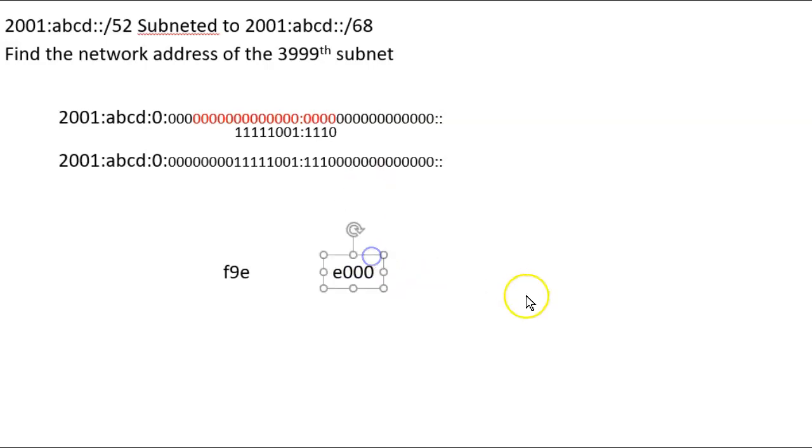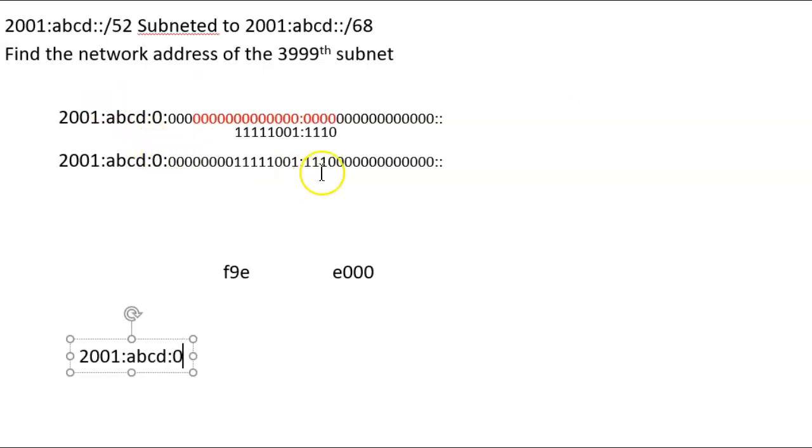All right, now I have my solution. And my final solution is going to look like this. 2001, ABCD, 0. I can't forget this first 0 right here. And then F9E.